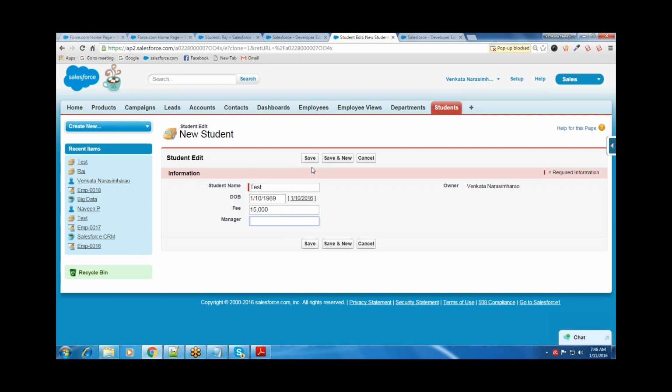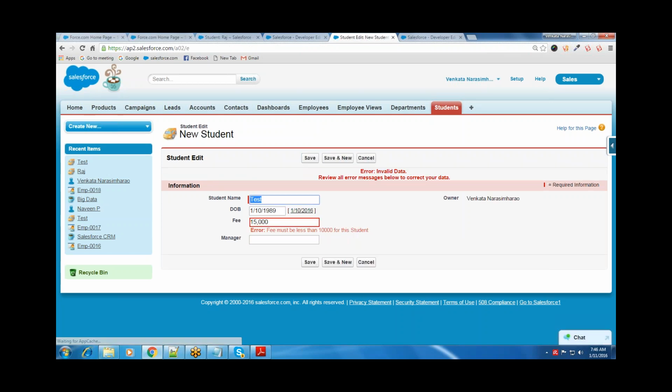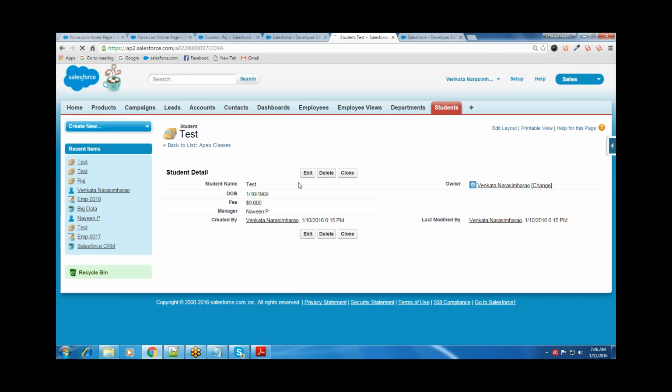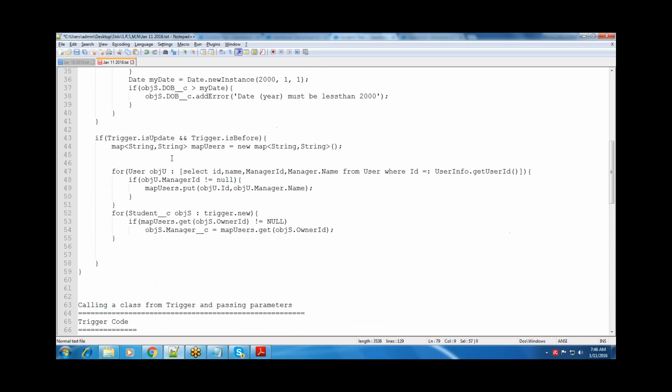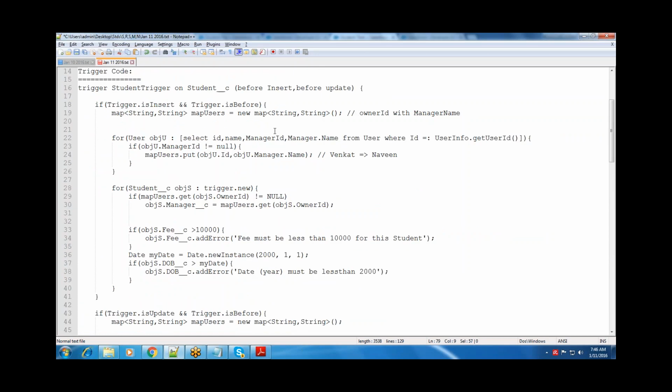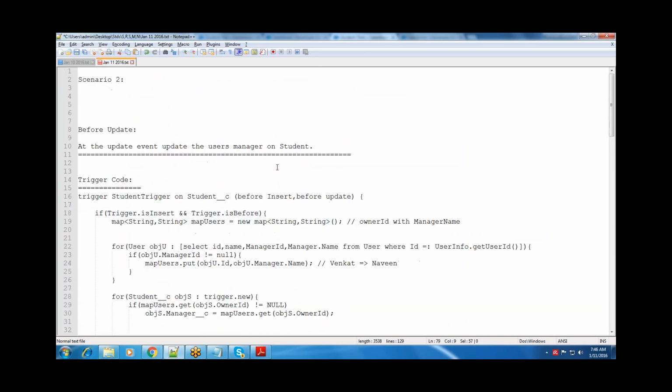When I click on the save button, you can see an error message, because at the time of record creation, the fee must be less than 10,000. So the validations are working as expected and updating the manager column accordingly. So this is the way we can convert the entire trigger code to a class code. These are the two events, before insert and before update. So let's say